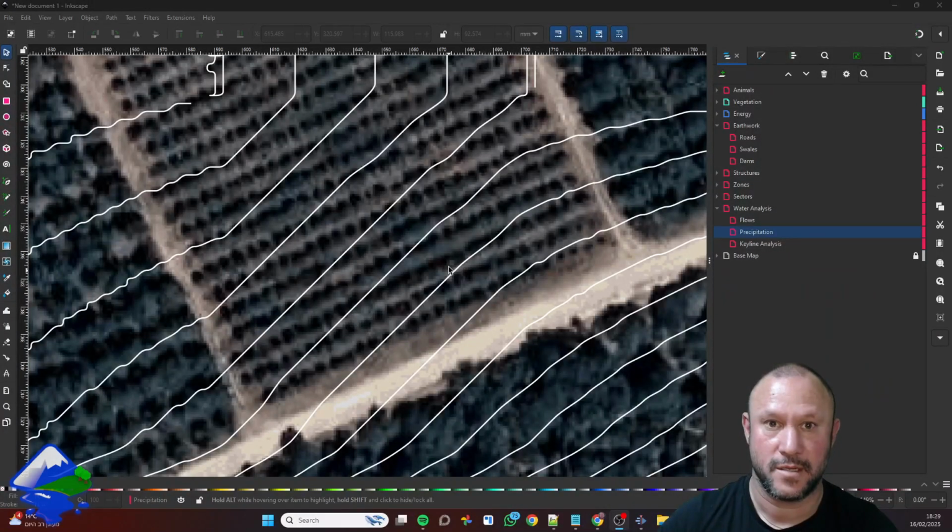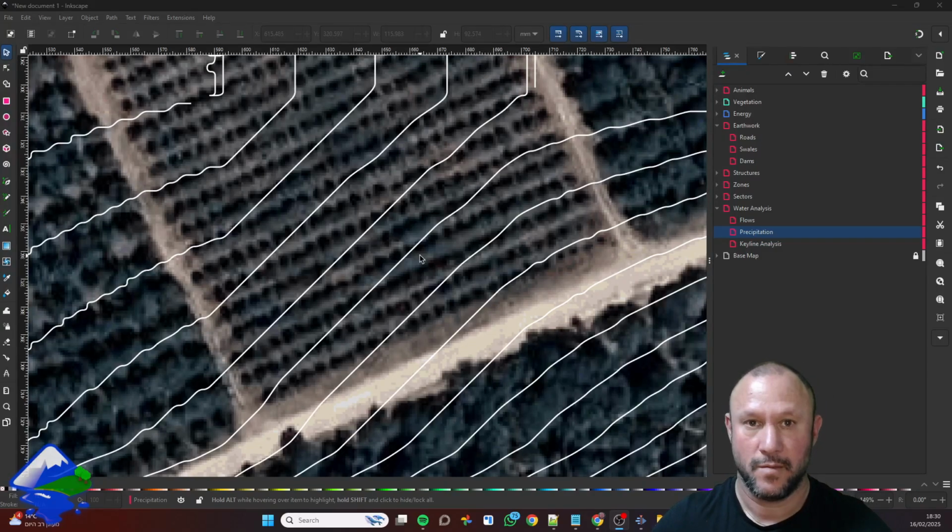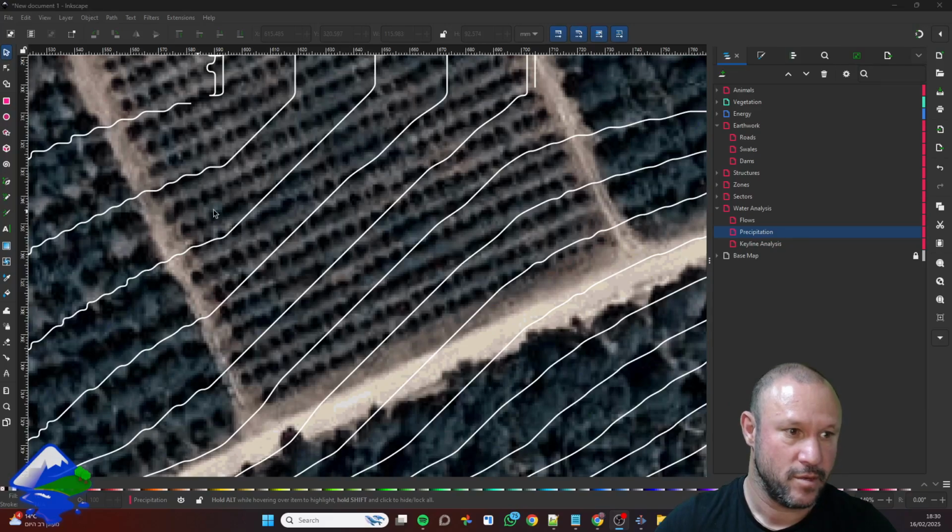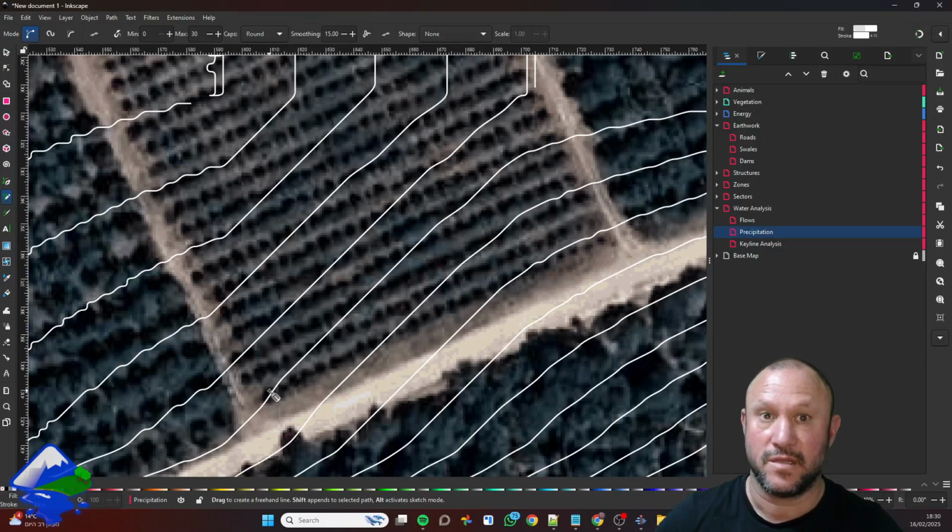Okay, so let's say I want to design some water holding structures like swales or ponds, and for that I need to understand how much precipitation I have, how much annual rainfall I have on a certain area. So let's say I'm designing a part of the system that needs a lot of water. So I will want the swales to be farther from each other so I can harvest more water in each